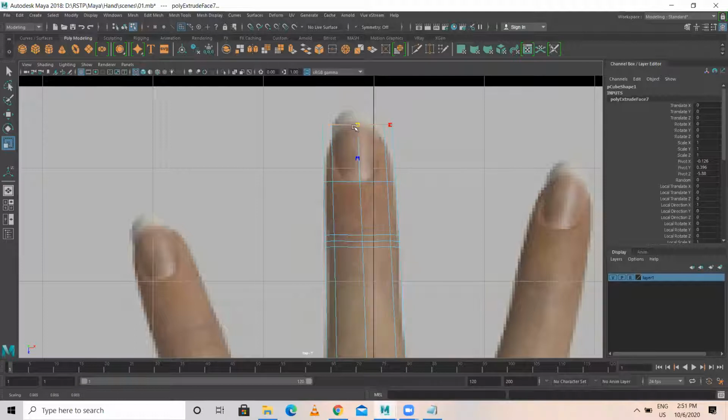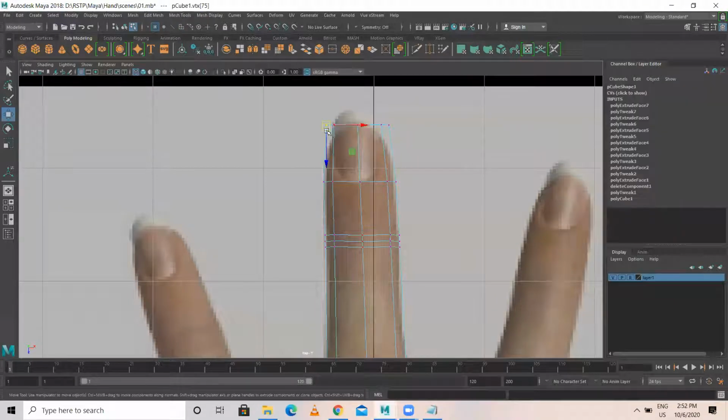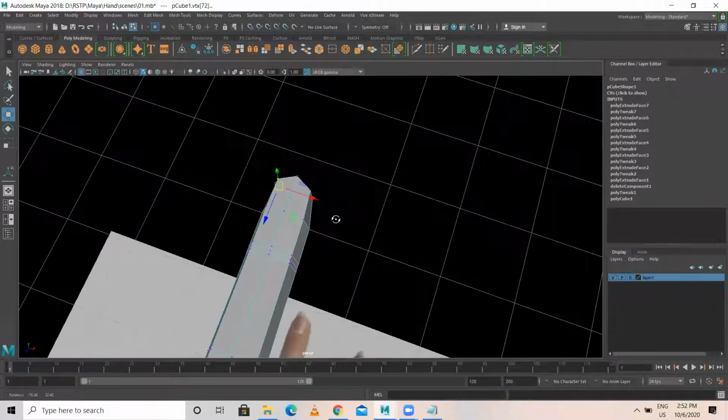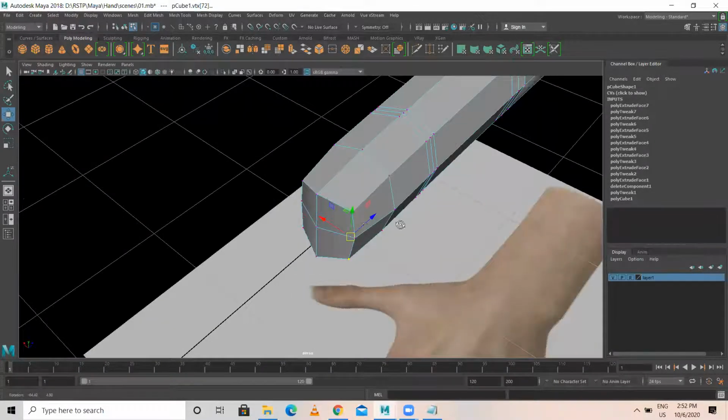Okay, something like this. Then after this, what we have to do is, this should come here like this. This is coming here, this here, and this here, like this. Understood? See? Looking like this.